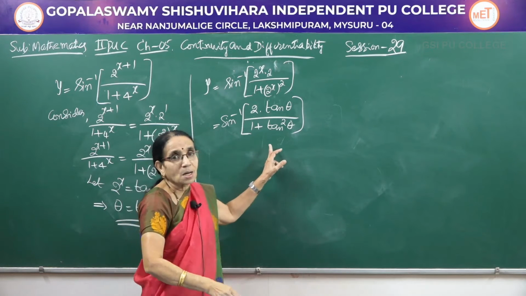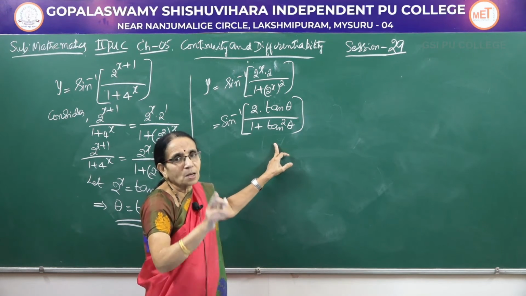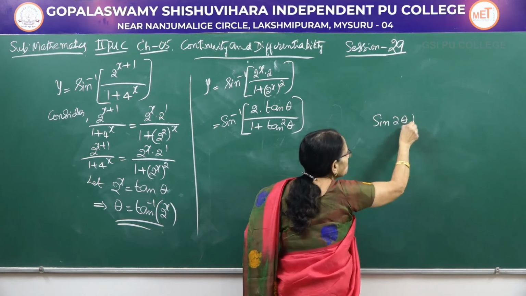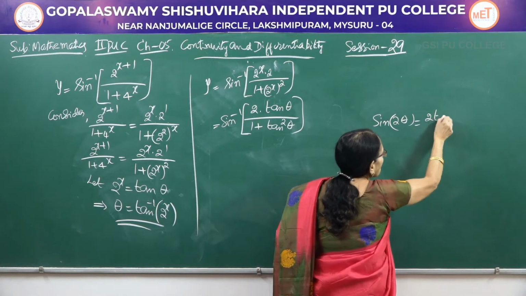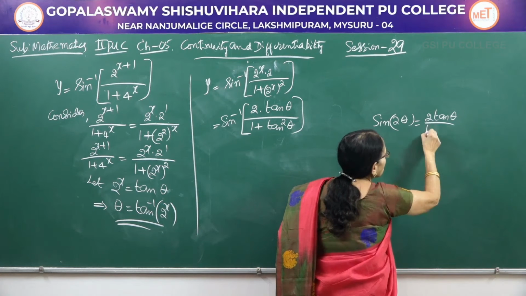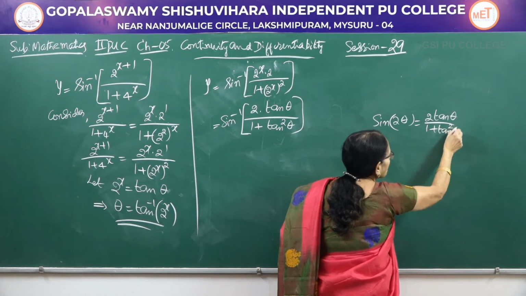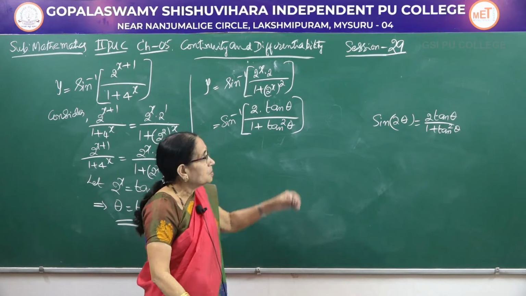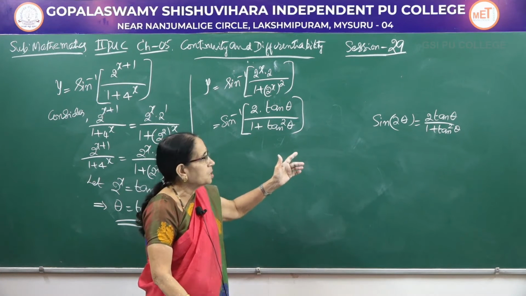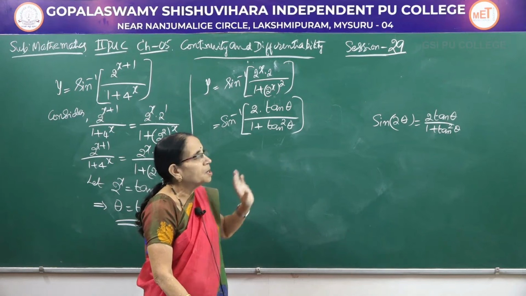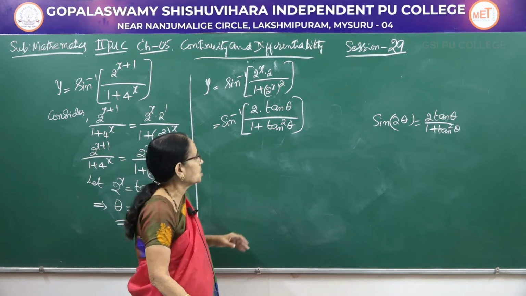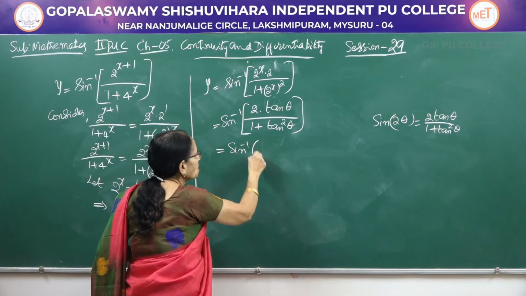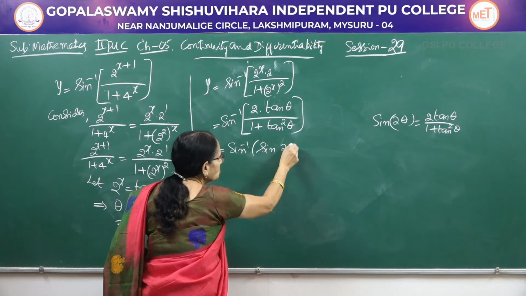Now do you remember? It is a formula in multiple angles. In first PUC you have studied. Of course, I had recalled it in second PUC also. Sin 2 theta can be expressed in terms of tan theta, and this is the formula. Sin 2 theta, you know the formula 2 sin theta into cos theta. But sin of 2 theta and also of course cos of 2 theta, both of them can be expressed in terms of the tan function. So 2 tan theta over 1 plus tan square theta, how can I write that one? It is sin inverse of sin of 2 theta.